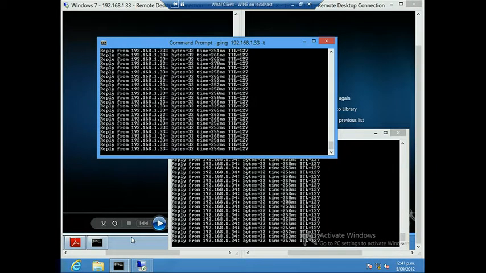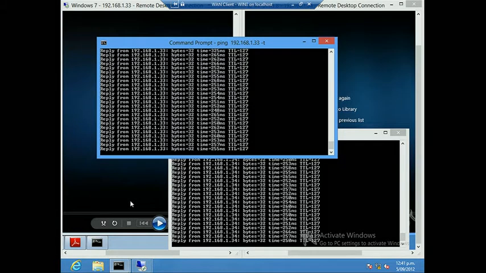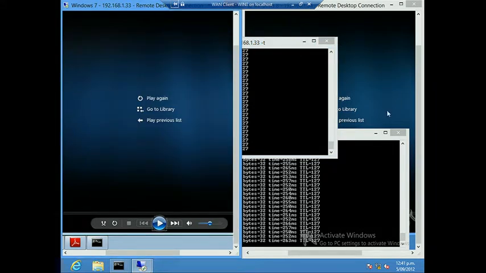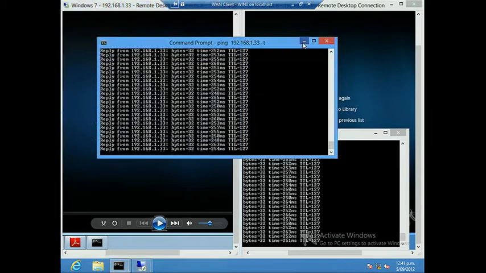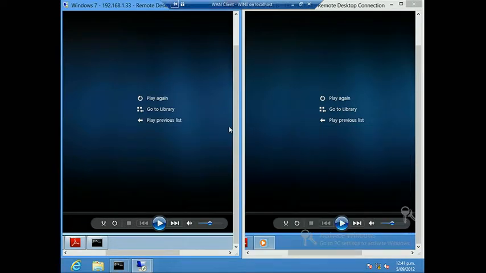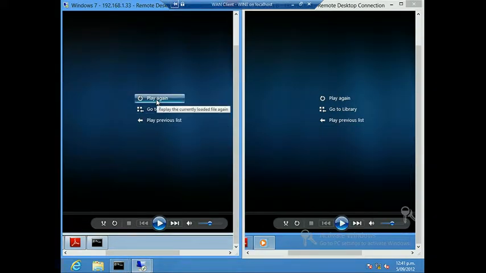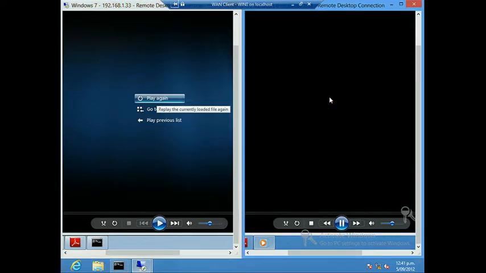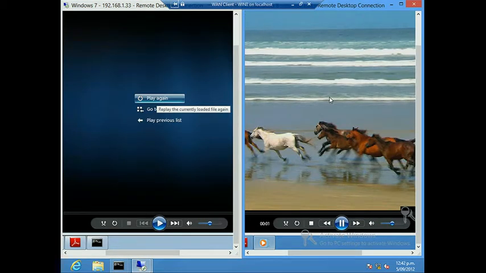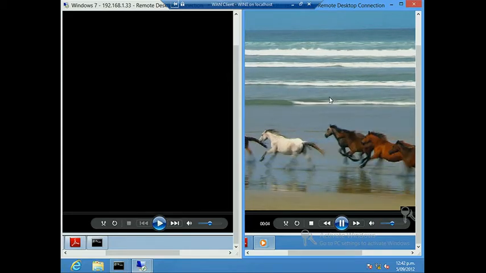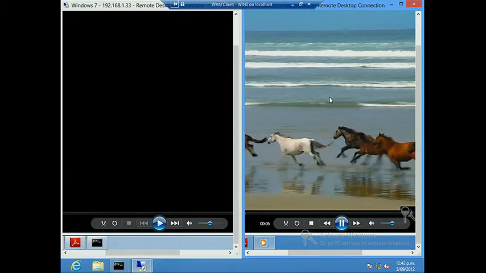As you can see, we have 250 milliseconds of latency there. And this is just done by a WAN network emulator. So let me now take these two and let's have a look at how they will play the same videos over the WAN network